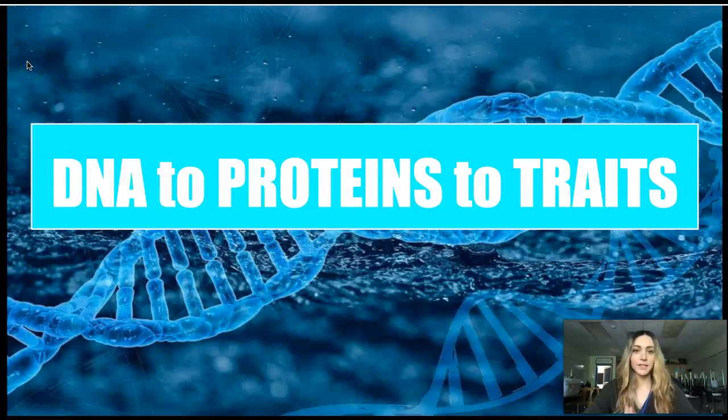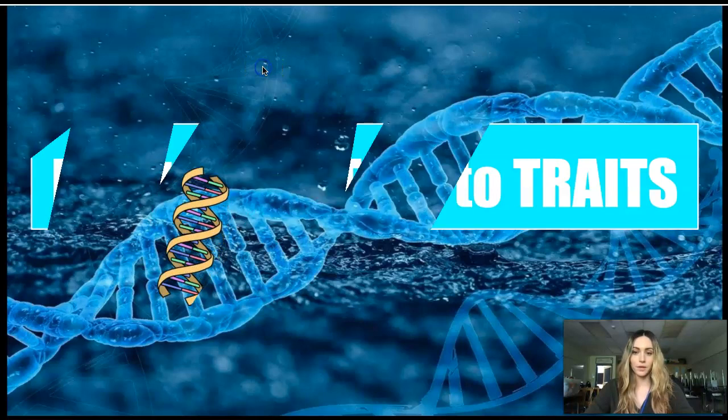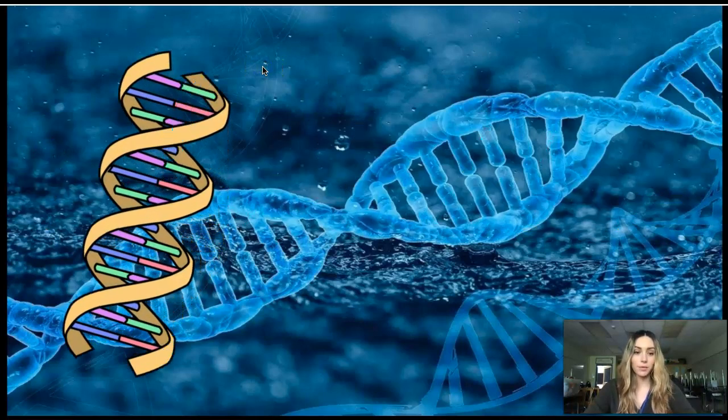Hello! In today's video, we will continue our discussion of genetics and go a little bit deeper into the process of how an organism's DNA eventually results in the traits that we see exhibited in the organism. So as a reminder from our previous videos in our genetics unit, we know that in the cell's nucleus is DNA, or deoxyribonucleic acid, which is the material that contains all of the genetic material and instructions that an organism